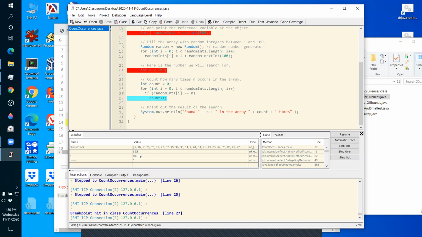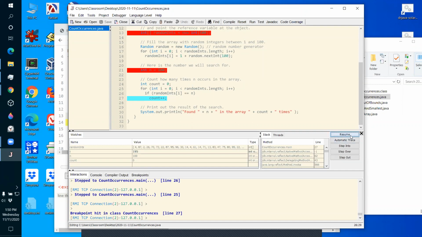Would the breakpoint still be there? Yes, see, the breakpoints stay there. See how they stayed here and here? So the breakpoint's still there. So what can I do? Just hit resume again. So that'll start the loop up. It'll loop, loop, loop, loop, and it'll only hit the breakpoint when it found another 100.